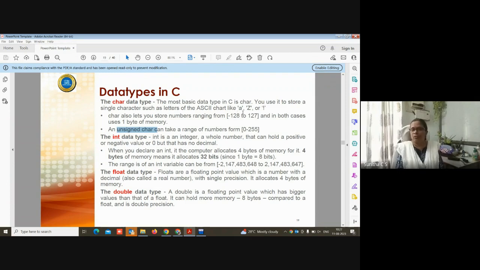If I give it as unsigned, it will all be on the positive side, from 0 to 255, making altogether 256 numbers, including 0.